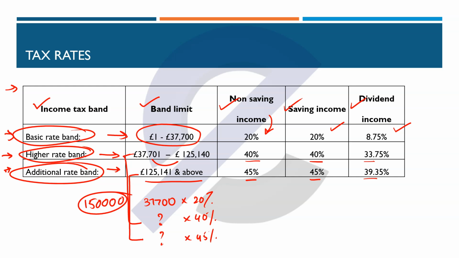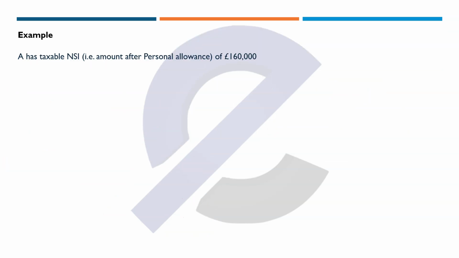One more consideration regarding the tax bands is that the band can be utilized only once in the tax year. And as is the norm, non-saving income gets the first shot at utilizing the initial bands. Once non-saving income has been taxed, then saving income is picked up and matched to the tax band available, and finally dividend income is given its chance. Let's look at a simple example to understand how income tax is actually calculated.